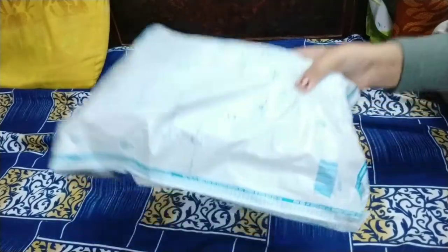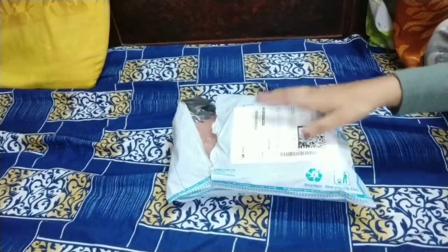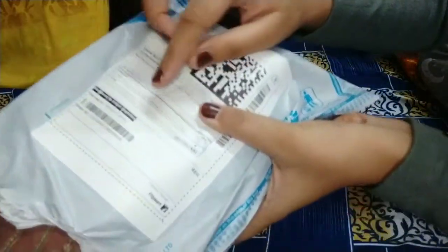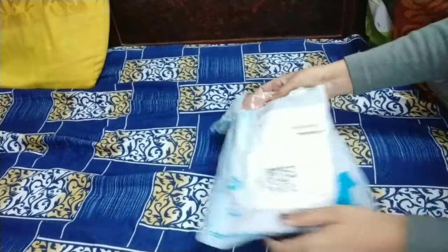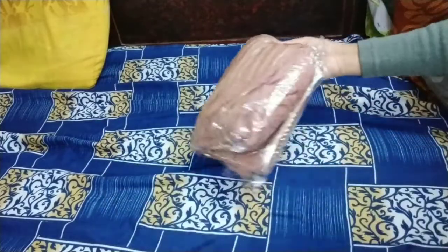Today I'm gonna unbox my kushal ke kurta set, which I've already opened. So you can see it just have arrived, and it's a kushal ke kurta set which is in peach color. So